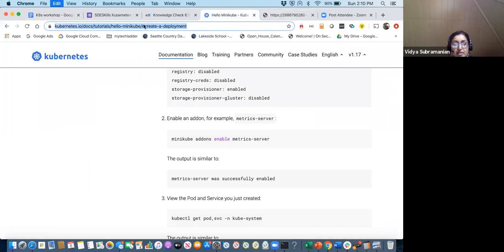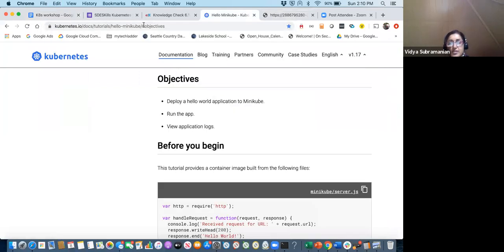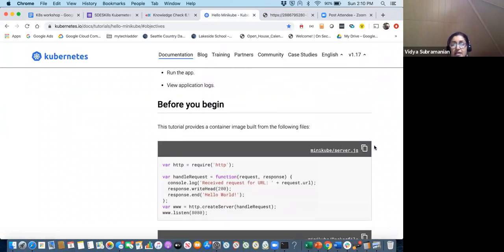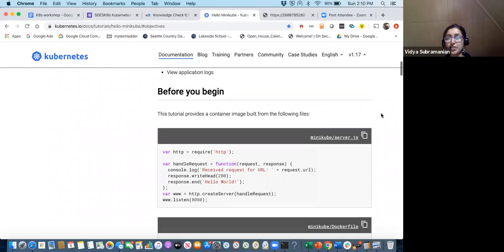So you will be on the kubernetes.io website. They have some awesome tutorials, and everything provided here is absolutely available for you. I've just kind of made it into capsules from this documentation.